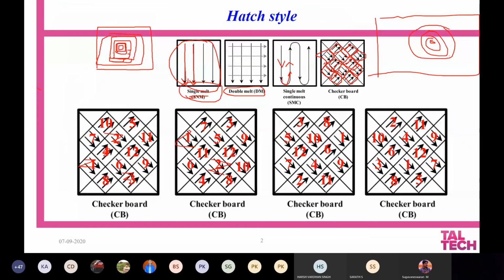If you modify the melting sequence, you are already modifying the microstructure, you are already modifying the mechanical property. This is because we have seen already that when you modify the microstructure, you will be able to modify the way in which you can deposit the elements. For example, even if you take aluminum silicon, maybe you will find a different permutation and combination in which the silicon is deposited, in which the aluminum is deposited, and based on that, you will be able to decide whether you need a heat treatment operation or not.